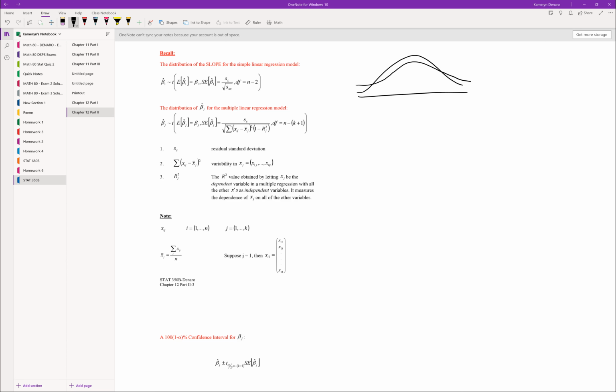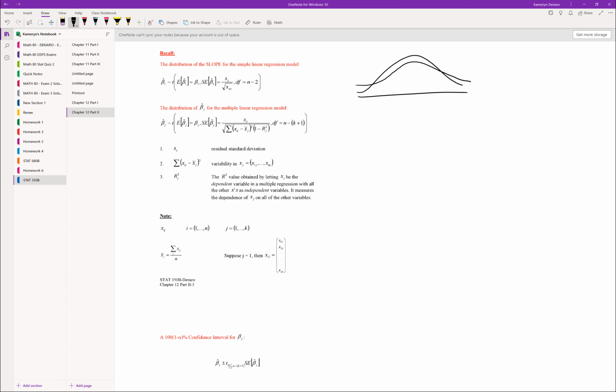we've talked a little bit about the residual standard deviation. That's our S epsilon, right? And essentially those xij minus x bar j, that's giving you the variability of the xj's. Those values are squared, but that's your variability in your xj's. Your r squared j,